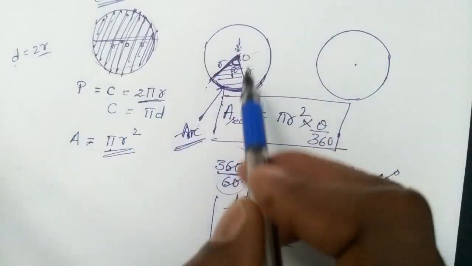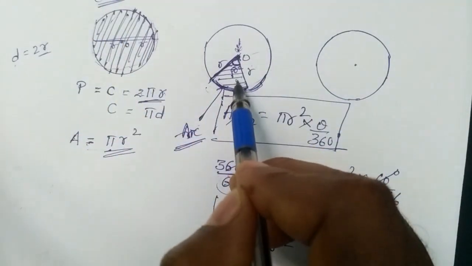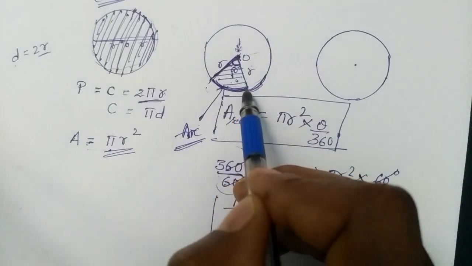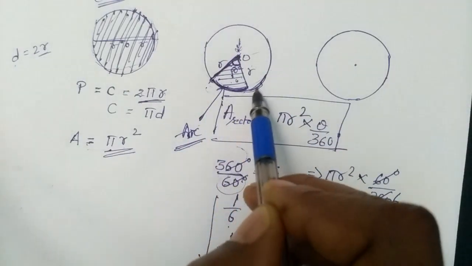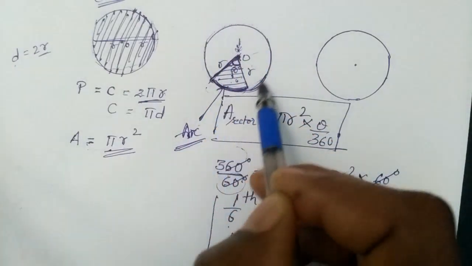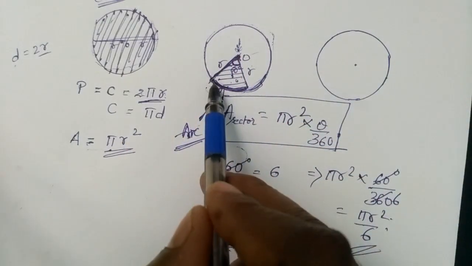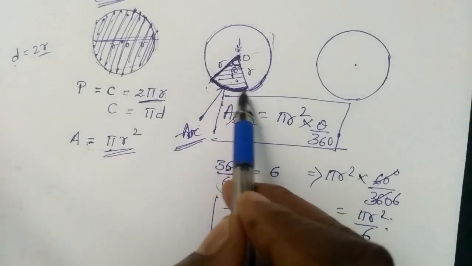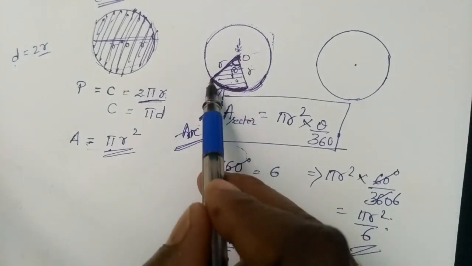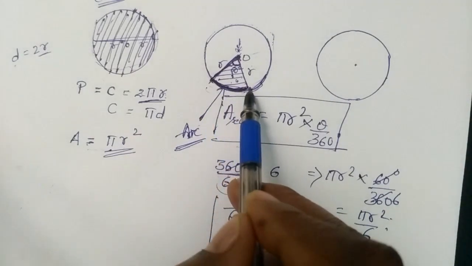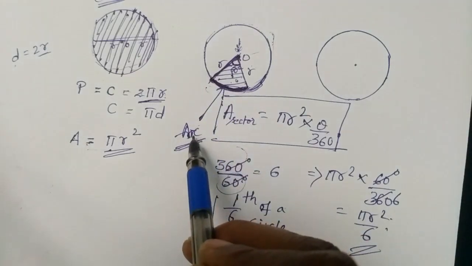Arc is the part of the perimeter or circumference. The area of the sector is part of the area of a circle. Similarly, this is part of the complete circumference. One full rotation is called 2 pi r, but I am not going the complete revolution, I am walking just this much part only. If it is a straight line we can measure easily, but it is a curve. So to find only this length, we use the formula for the length of an arc.